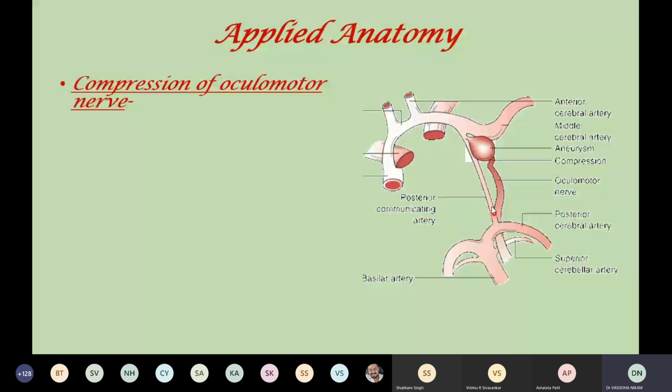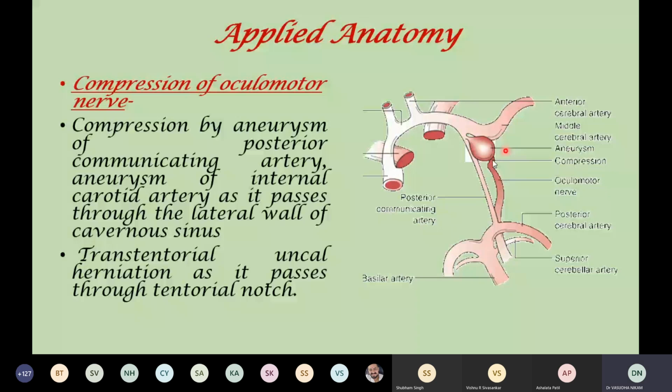This is the posterior communicating artery which will connect to the internal carotid artery and helps to form the circle of Willis. If you see a dilated portion here, this is called an aneurysm. Many times an aneurysm is coming from either the posterior communicating artery or from the internal carotid artery. So you can see here the posterior communicating artery giving the origin to the aneurysm. And what do you mean by the word aneurysm? Aneurysm means the abnormal dilatation of any artery.